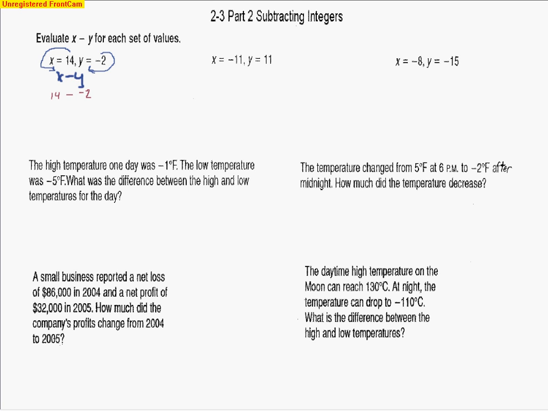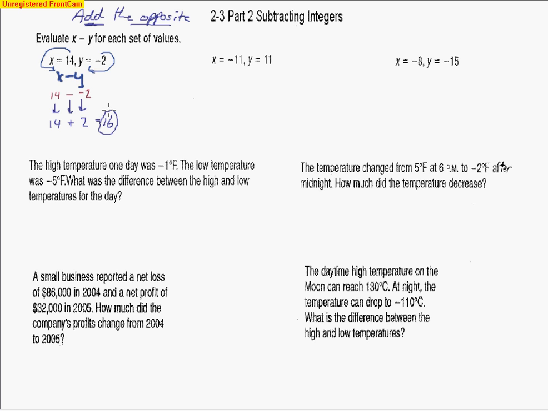Now when we've got subtraction, we want to do this thing called add the opposite. And so add the opposite means that we're going to end up changing the subtraction to addition, and the next number to its opposite. So the first number is our starting number. That does not change. It's the subtraction that we're going to change to addition, and the next number is going to change to its opposite. So you can see now they're the same sign,